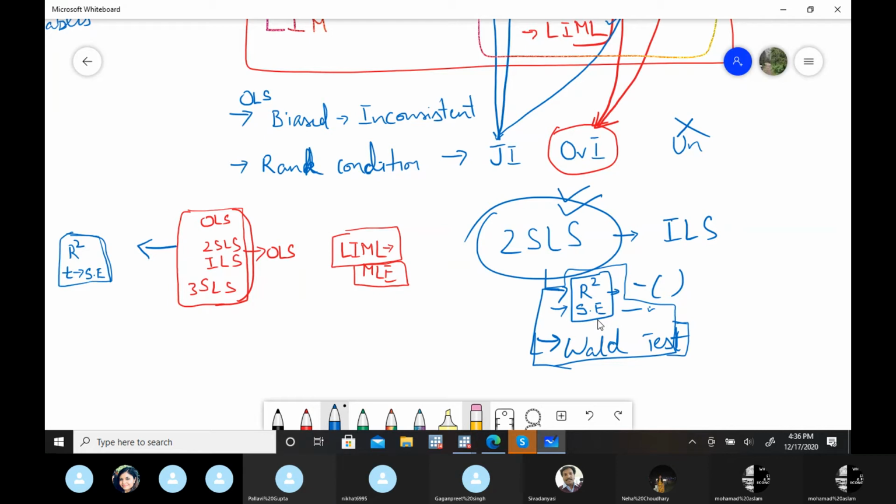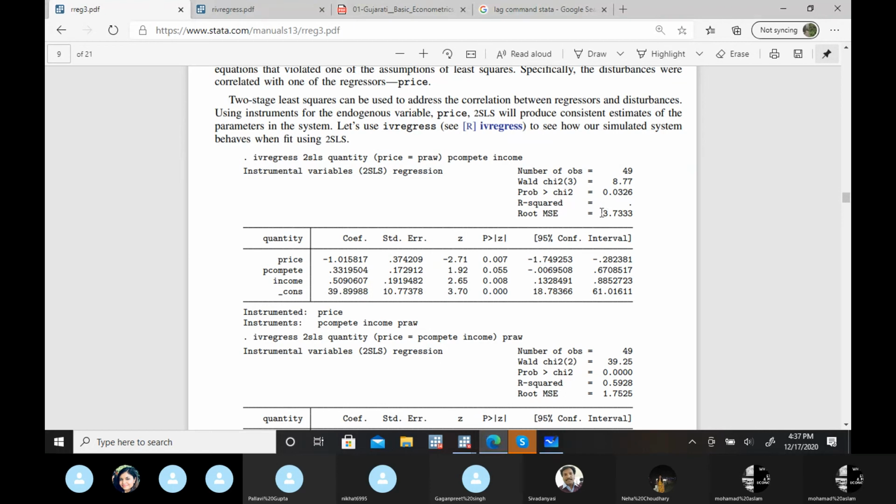Adjustment in standard error is required. Just try to find some source to read about it, or maybe just remind me before the next class. I'll take 5 or 10 minutes to explain the correction in standard error, because unless you have a sufficiently large sample size, it's okay. But otherwise, for individual significance of these coefficients, some correction is required. And please read this stuff. Why is R square missing or negative? It might be negative. In all the books, it's mentioned that it might be a situation.